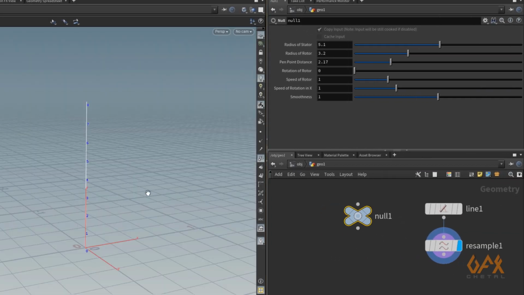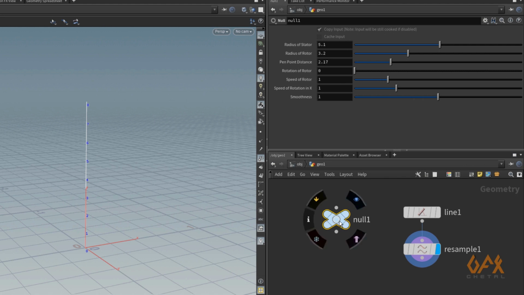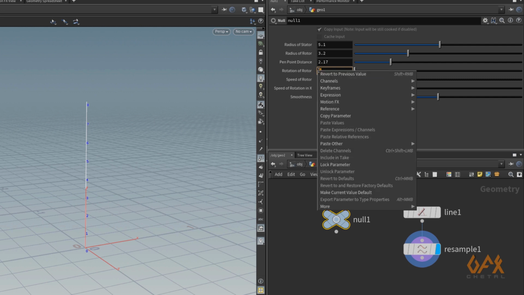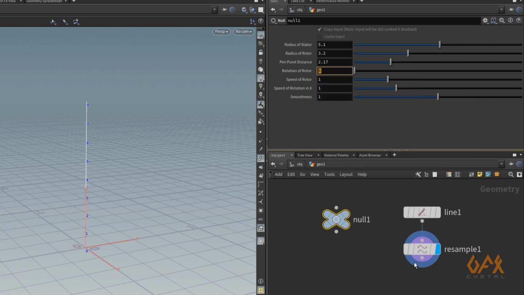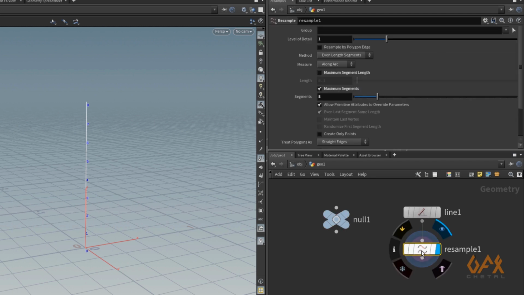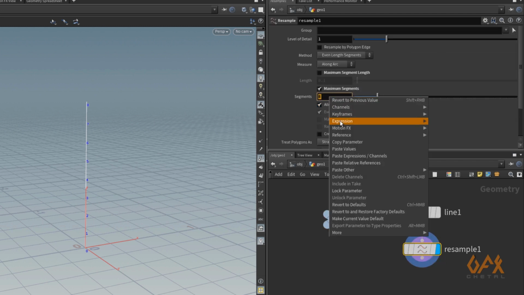Now first of all I click on this null and call the rotation of rotor. I select this value, right click, copy the parameter, and go to resample, and here in segment I right click and paste relative reference.